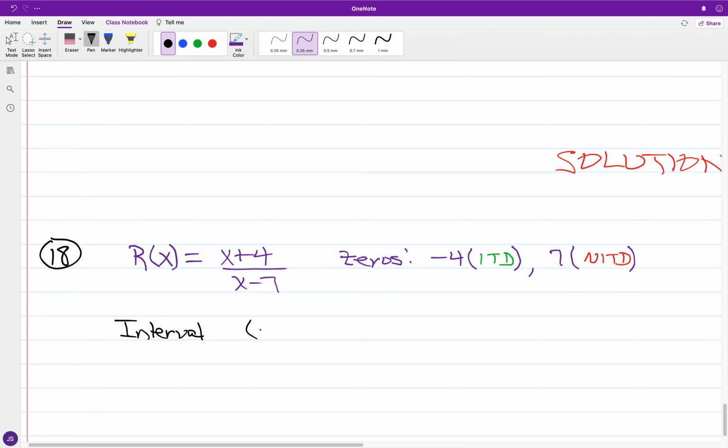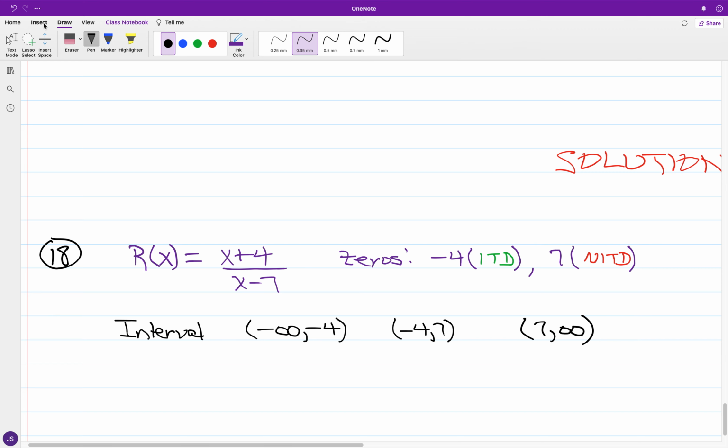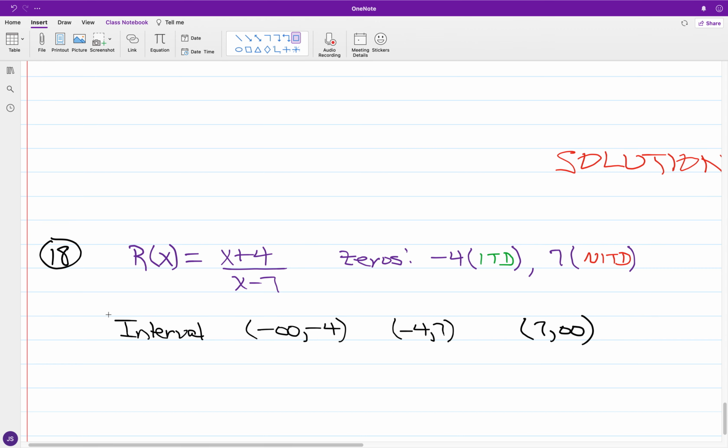Okay, so if I set up intervals, you have those values of x less than negative 4. You have those values x between negative 4 and 7. Okay, we have those values x which will be greater than 7. And so looking at putting in a table,